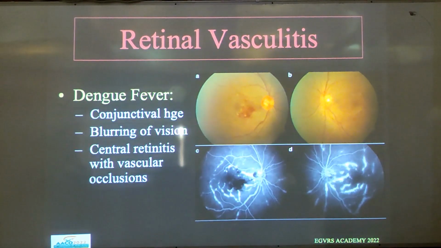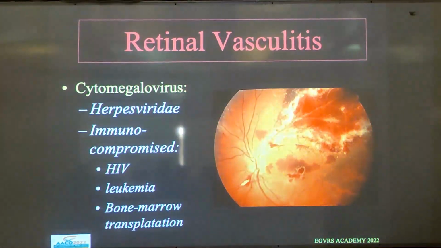لسه من السنه اللي فاتت جالنا مجموعه كبيره من السودان from dengue fever. So conjunctival hemorrhage, blurring of vision, central retinitis with vascular occlusions. Cytomegalovirus retinitis. It is not uncommon. شفتوها؟